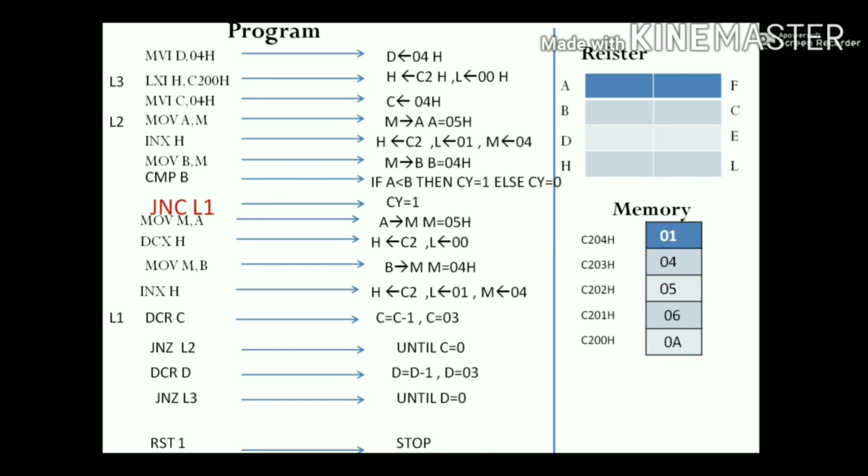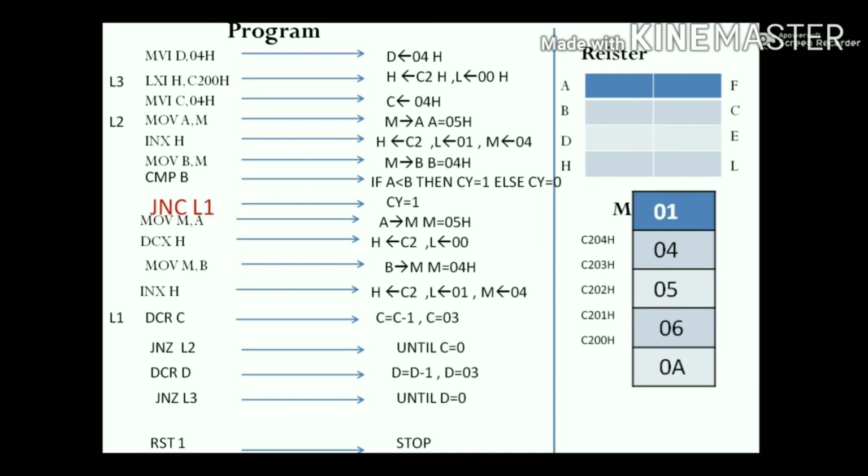Then after this change, we will get the data in descending order. If you can see, C200 will contain 0A, and likewise the bigger number comes first, followed by the smaller number. So this is the data in descending order after changing to JNC.